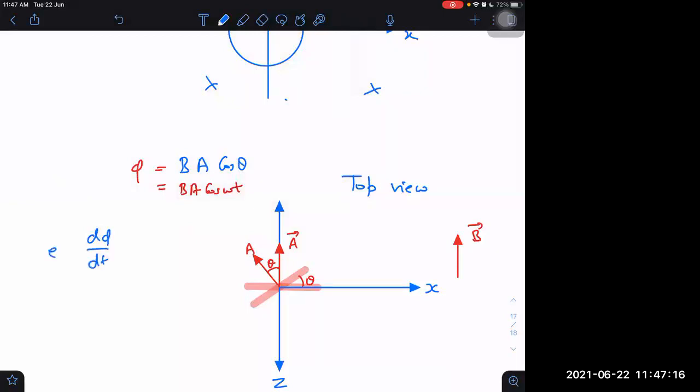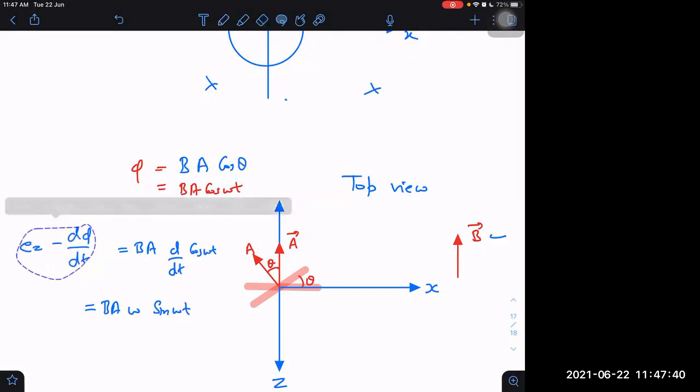You tell me, what is the EMF? B is constant, area is constant. So I can write B as it is, area as it is, derivative of cos omega t. What would that be? Sin omega t times omega. BA omega sin omega t, with a minus sign. The minus will not appear. If I remind you, EMF is also with a negative sign. If I write the proper formula, EMF is also with a negative sign. Or do I need to do that anytime? No, never. Why?